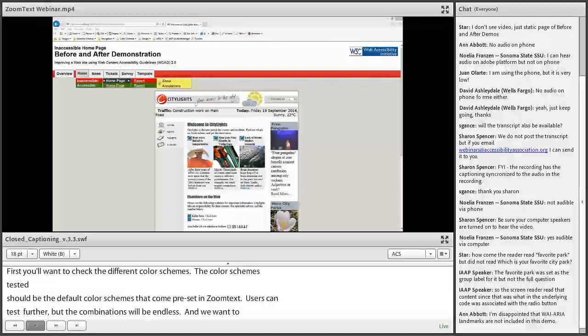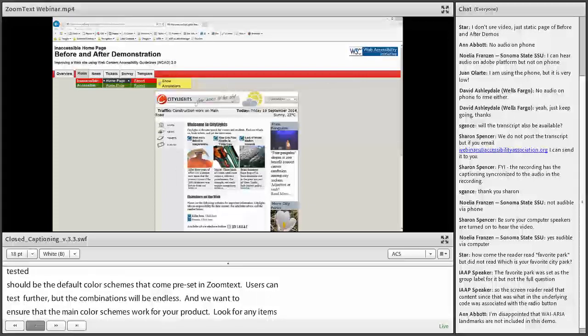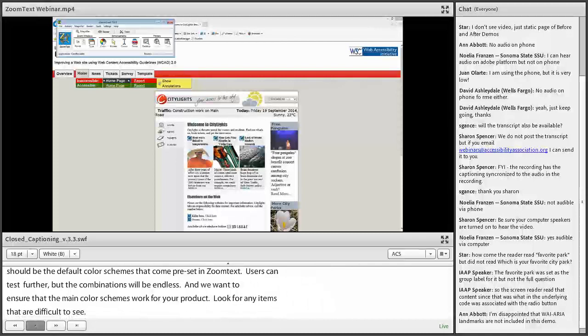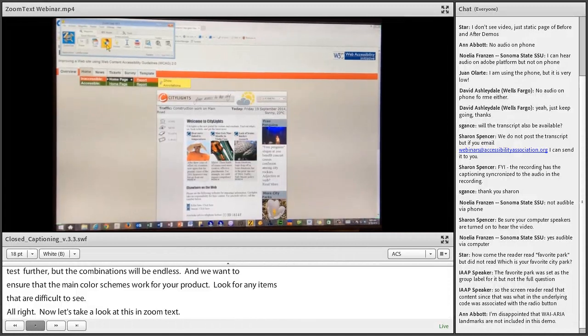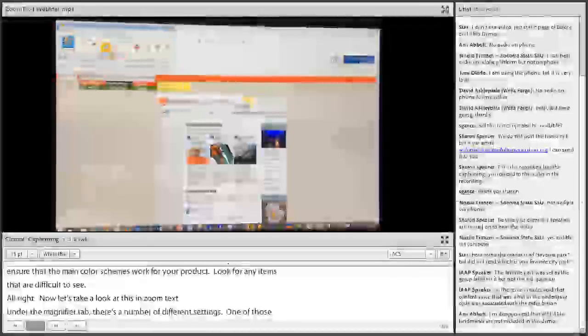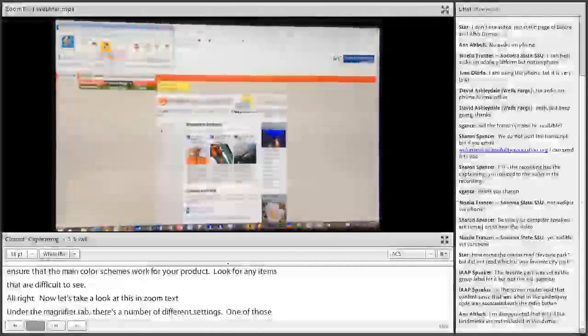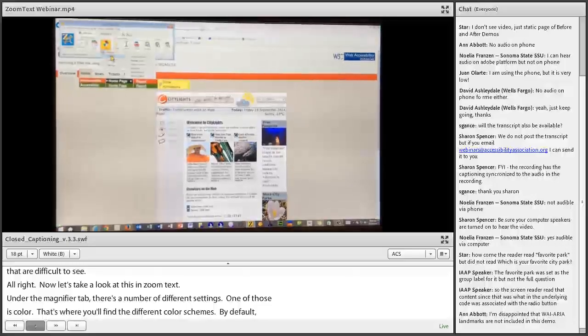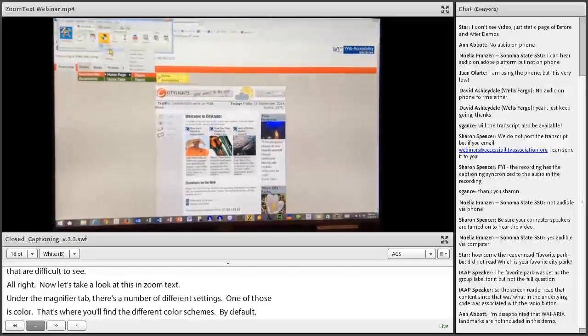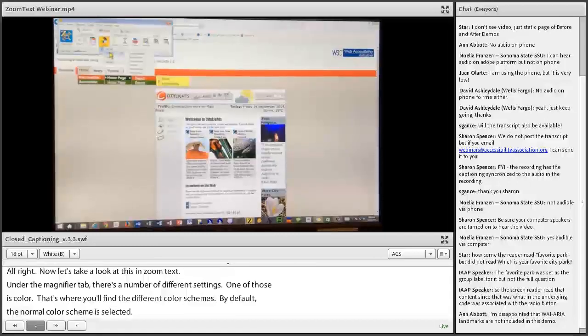Alright, so now let's take a look at this in ZoomText. Under the magnifier tab, there's a number of different settings. One of those is color. That's where you'll find the different color schemes. By default, the normal color scheme is selected. Users also have an option of selecting between invert brightness, reverse video, yellow on black, blue dye, black and white,